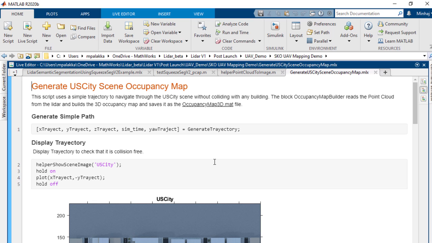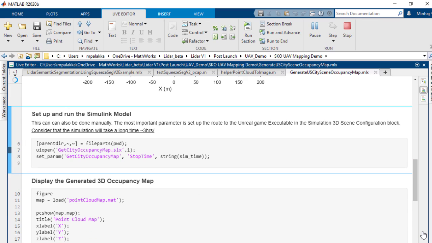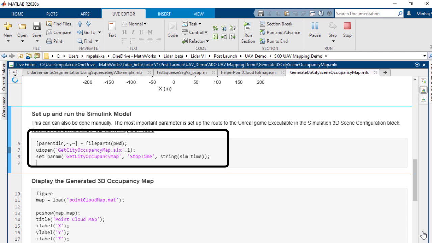We'll make use of a city simulation containing lots of roads and buildings. We'll first define trajectory for our UAV. Here, we have overlaid the X and Y coordinates of our trajectory on top view of the map. Note that two trajectory loops have been utilized to ensure loop closure, which will be useful in pose graph optimization. We are using Simulink to perform this simulation. So we can load the Simulink model by running this script.